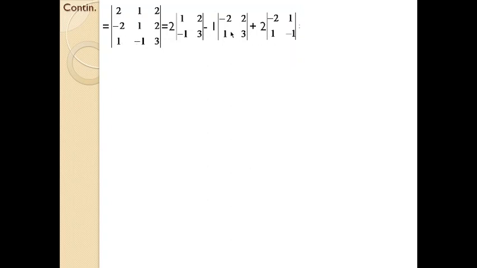So by using the basic mathematical computation of determinant, you will get 2 into 3 plus 2 minus 1, minus 2 into 3, it will be minus 6, and 1 into 2 is 2. So minus 2 means within the bracket you need to take subtraction, plus 2 into minus 2 into minus 1, 2 minus 1 into 1, 1. So if you solve that, you will get 20. So now you have found the determinant values of 3 sub-determinants of the order 3, and finally you have one more determinant. You have to solve the same case.